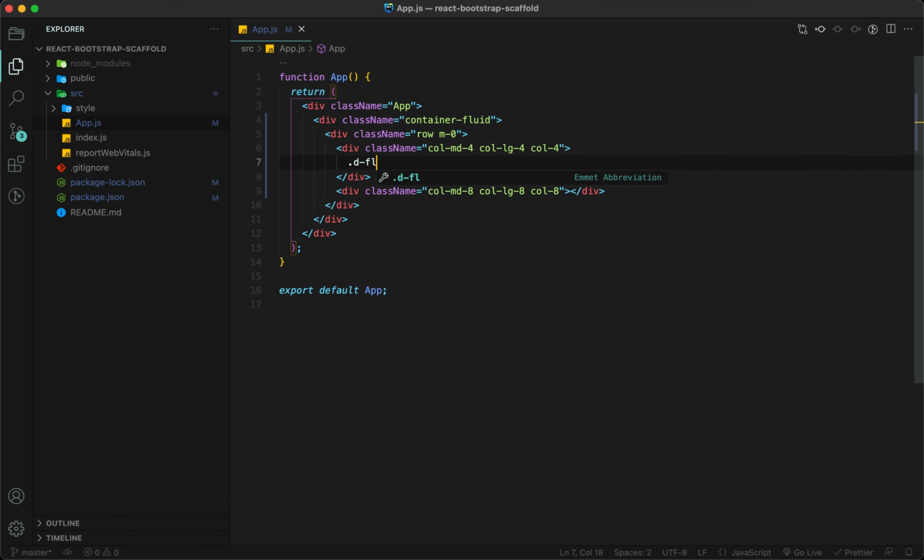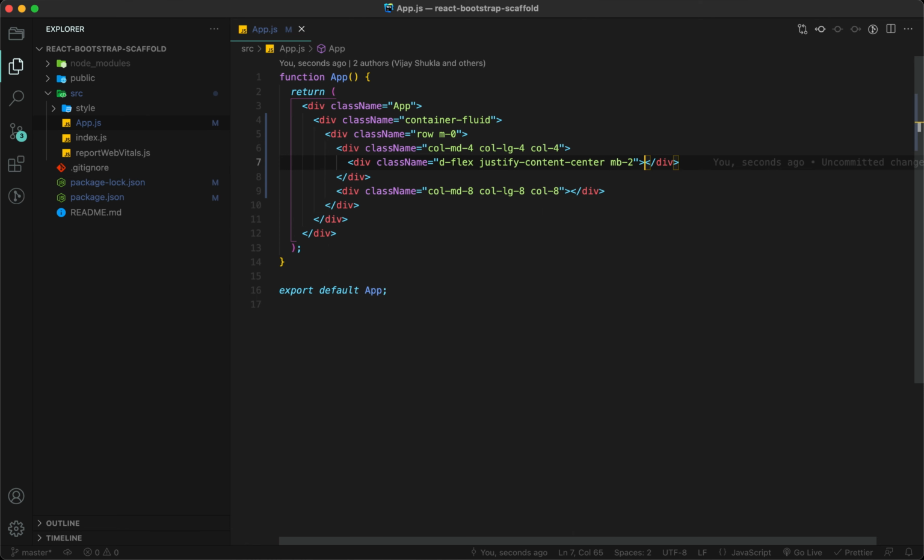I'm going to add d-flex and justify-content-center, and margin bottom 2. And we have column 8 already.